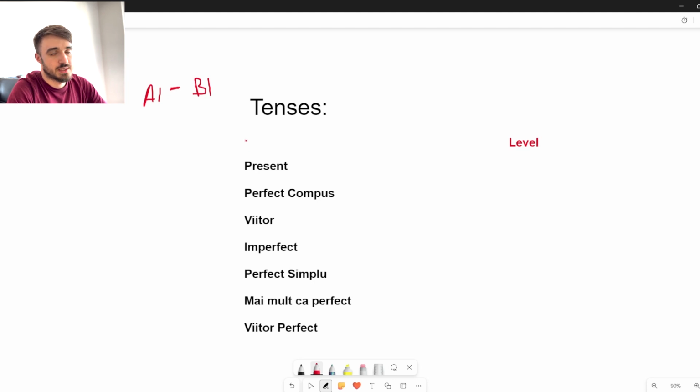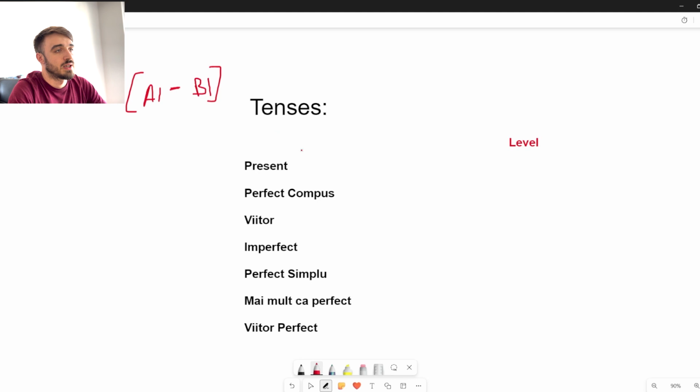You don't actually study the tense, you just learn basic conversation. That is what A0 is for, to get yourself a grasp. A0 is for Duolingo if you want. And then you go to A1, A2, B1, which is when you learn tenses